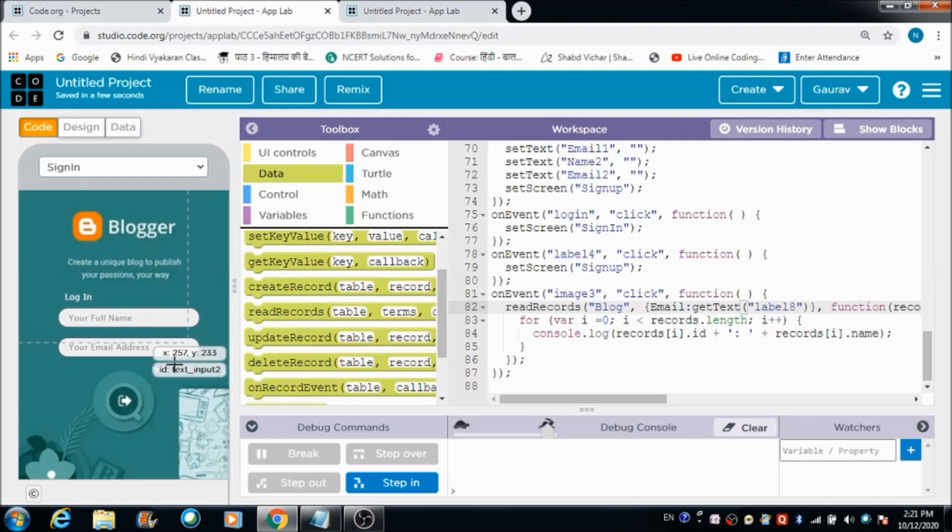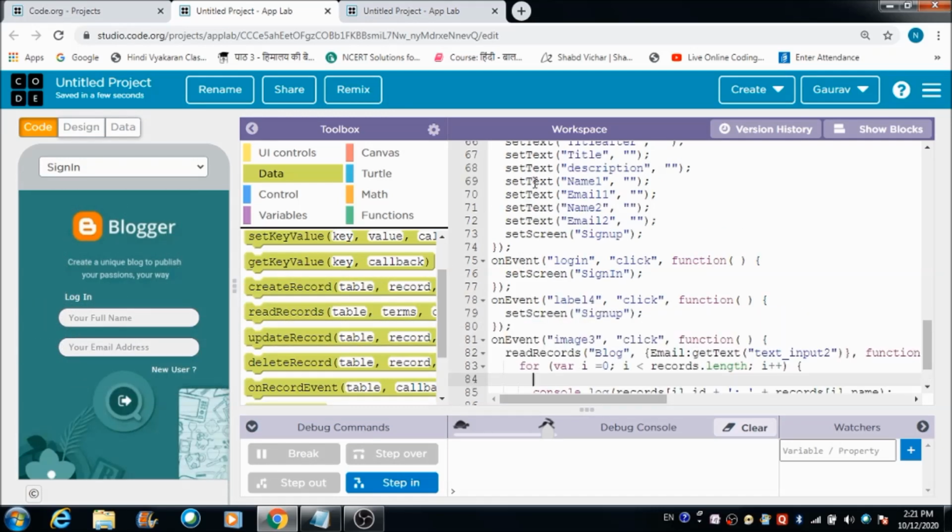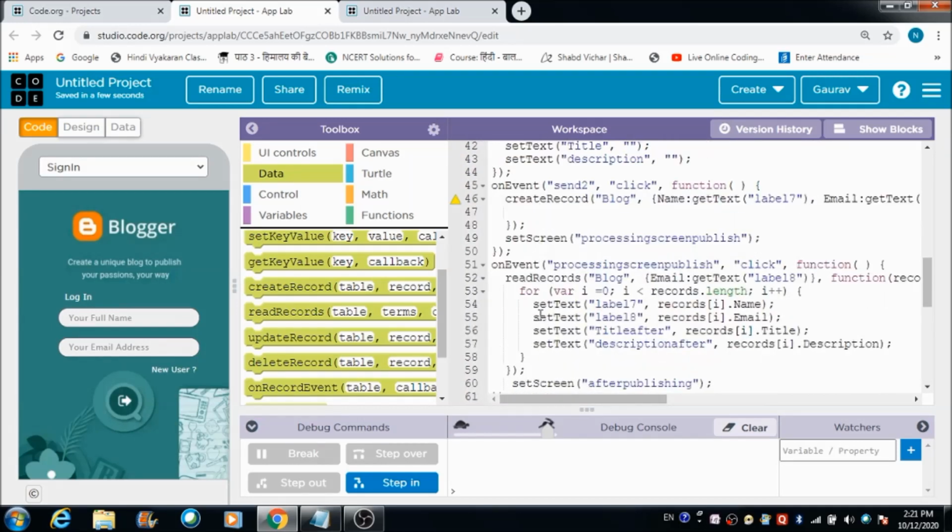Whatever email ID the person is going to enter here in text_input 2, we need to look up that email ID's information in this blog table, right? For doing the same, we need to make use of these set text options, right?